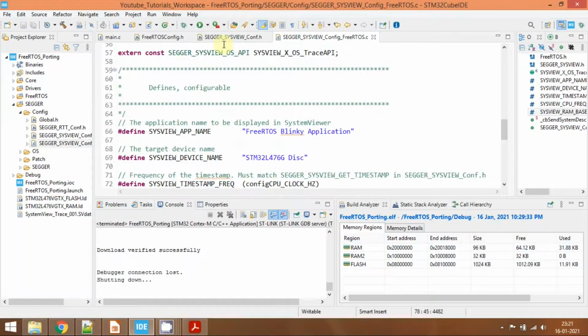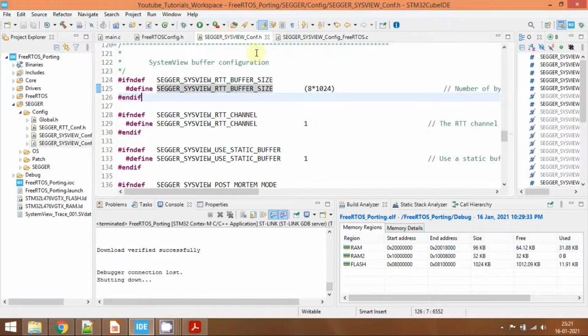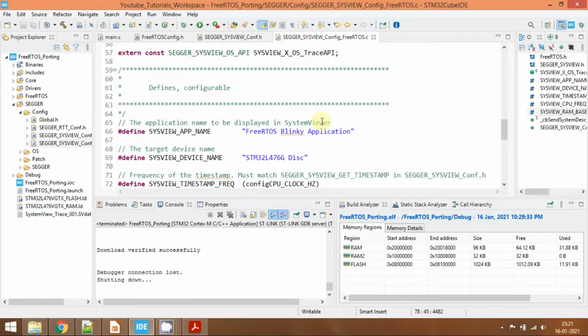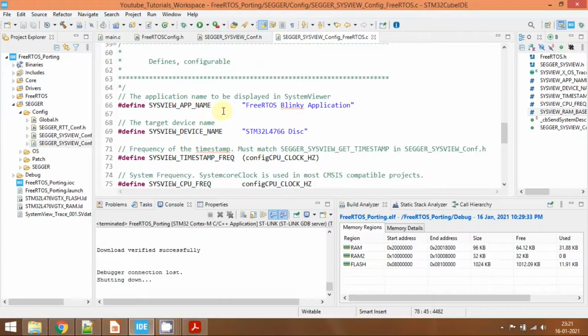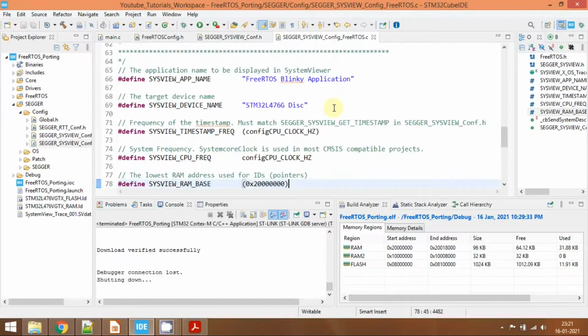So now what we have done is we have configured the SEGGER_SYSVIEW_Conf.h. Here we have edited the RTT buffer size, changing from 1 KB to 8 KB, and we have also changed this file, where we have changed the SystemView app name, that is FreeRTOS Blinky application, and I have also changed the target device name to my board.